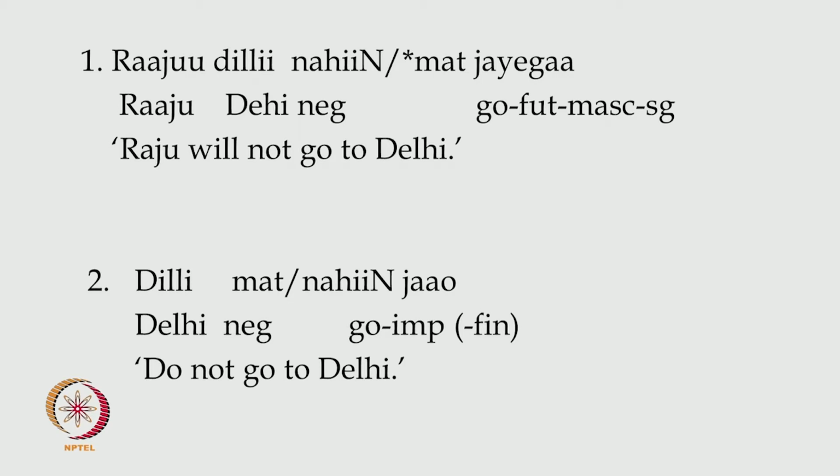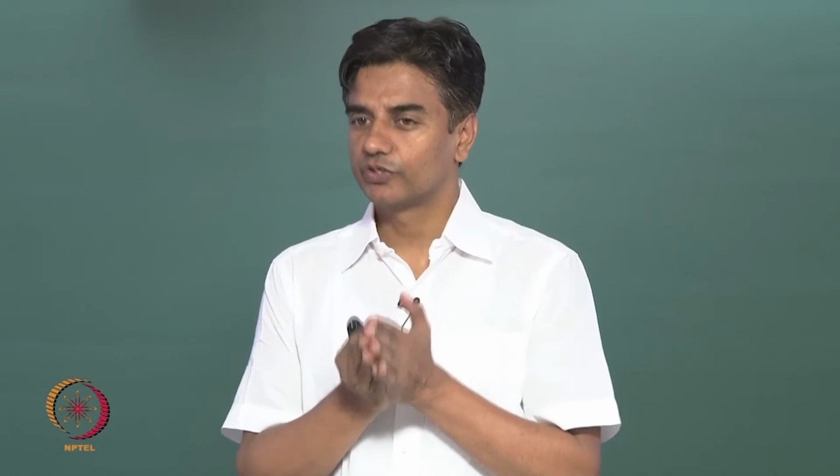So, just 2 points that I want to make here. Look at the word nahi in the first sentence, it's right before the verb, negating the entire sentence. However, in the first sentence, the use of the negation marker mat is not allowed. In the second sentence, it's all right. So, which one is more generic negation marker? Clearly, nahi. Mat has a restrictive environment to appear, which is it appears only in imperative sentences,